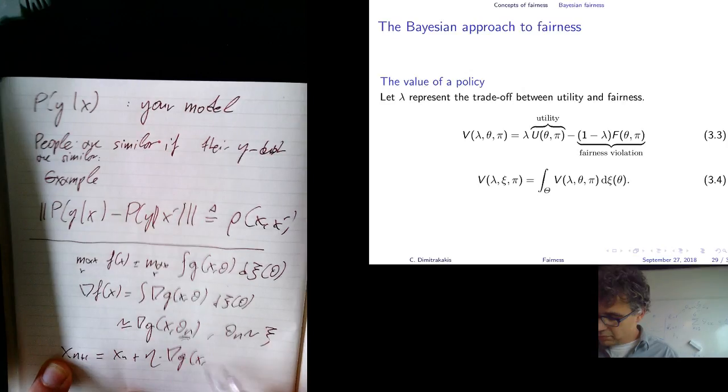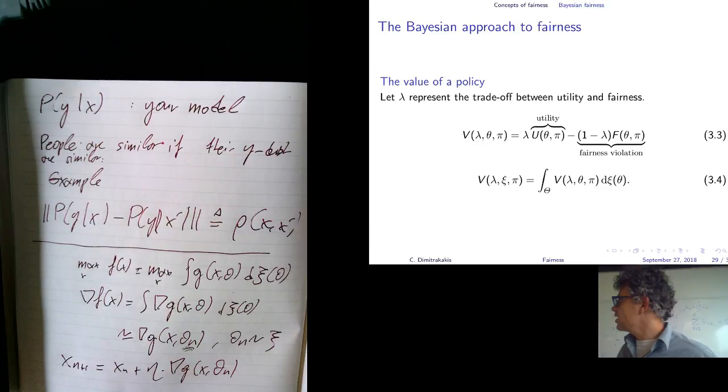This is what is called stochastic gradient descent, because you replace the original gradient, which would have been something like this,